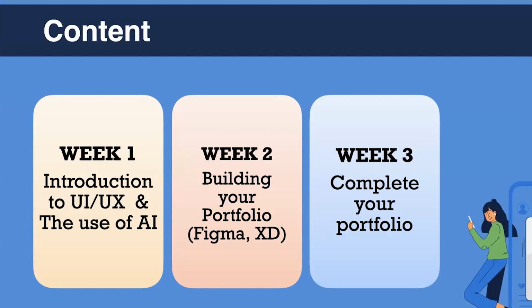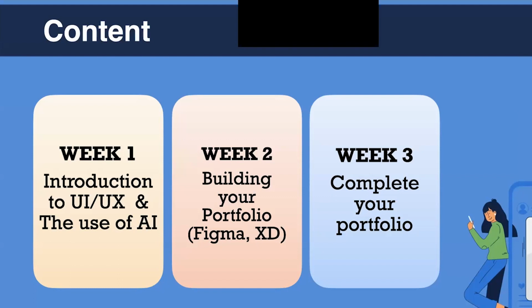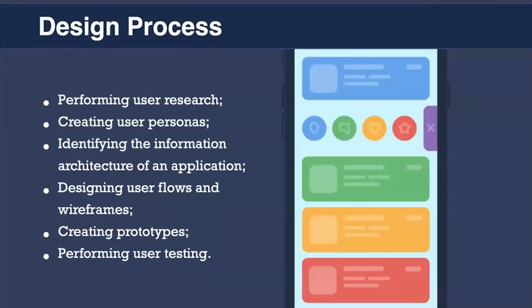So the first thing was performing user research. And we all did this in class together because, of course, this is more of a practical class. We discussed user experience, as I said earlier, and what we did in class was carry out a survey. I asked everybody in class, what do you want us to do? What should we build? And everyone decided that we want to build a food ordering website.